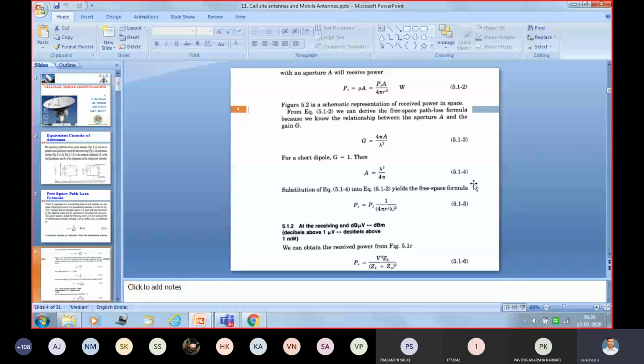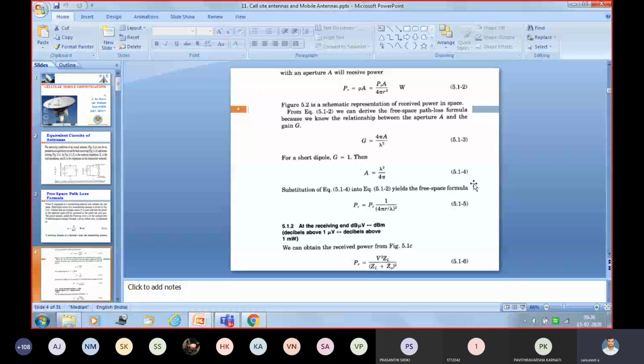Before going to aperture, think of the cables we use in the laboratory, from the function generator to your breadboard, and from the breadboard to the CRO. These CRO cables are used for giving the signal and capturing the signal from the breadboard. Similarly, aperture is another technique for transmitting or receiving the signal. It depends upon the opening mouth of an antenna. That is aperture.